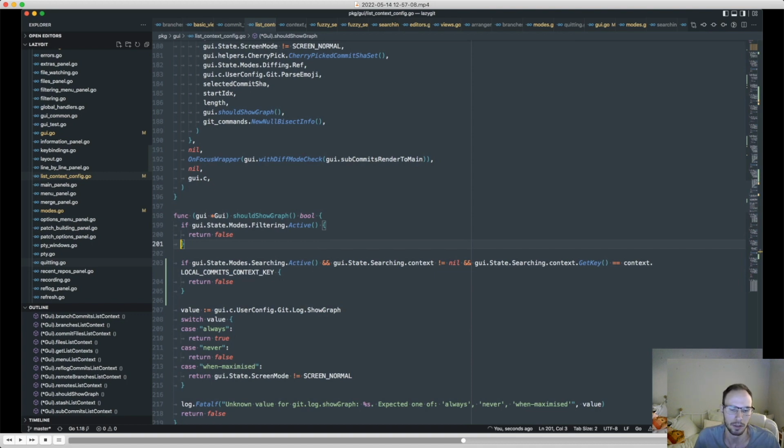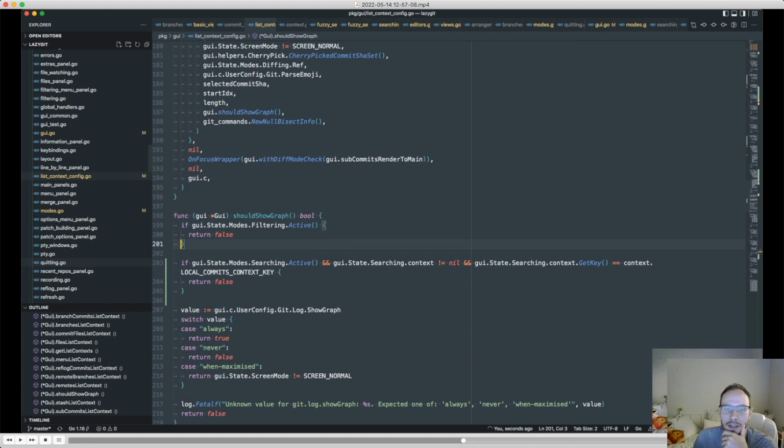So I think there would be a way to resolve this, and I run into more trouble here. If I'm storing the key of the context in my searching state, I get into a bit of trouble where, if I then want to get that and map it back to the context, I have to have some kind of registry of mappings from context to keys. I suppose I could just iterate through them. I think that somewhere there's a list of contexts. I can iterate through them and say which one has the matching key, but it doesn't feel like a very elegant solution. At the same time, it's not the worst thing ever to have some registry mapping